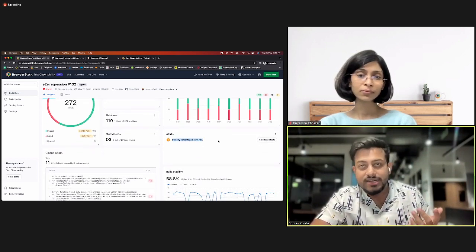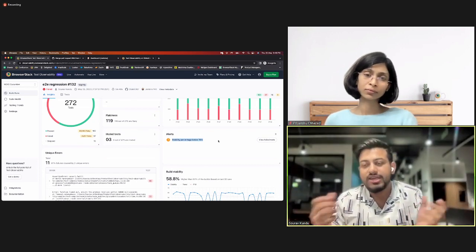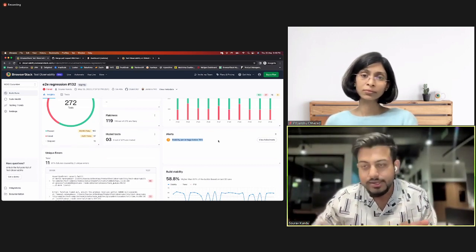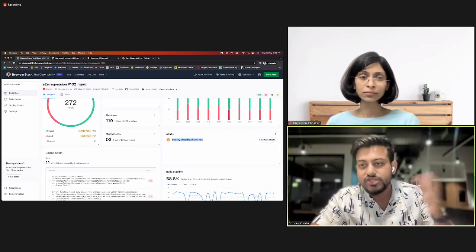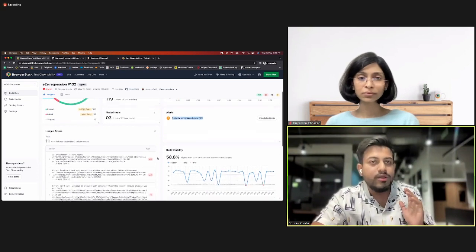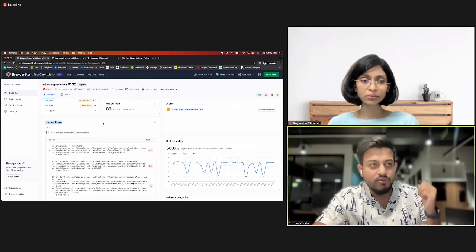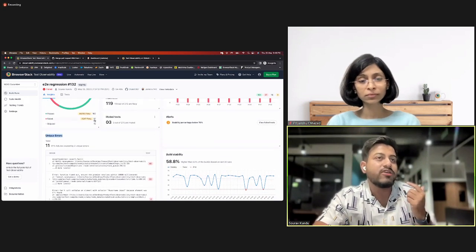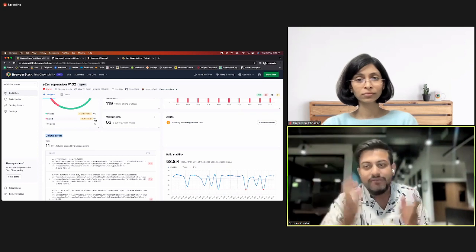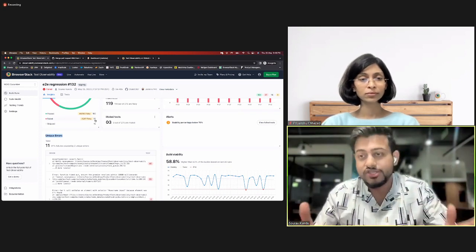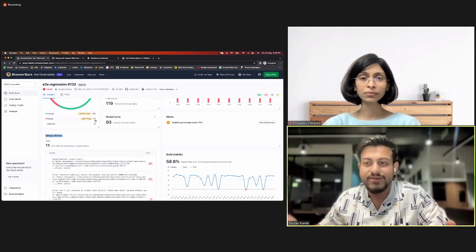You can set alerts and give certain thresholds to those alerts. And whenever those alerts are hit, you get notified. So this is just one alert I'm showing you here, but you can set a bunch of different kinds of alerts. What we have here is unique error automatic analysis. What this does is, let's say you have 97 tests that are failing, right? In a normal scenario, you would have to go and debug them. You use Allure or some open source reporter or a test framework's native reporter.